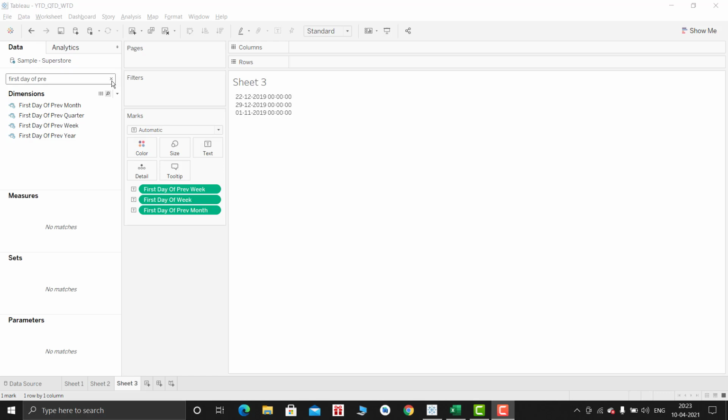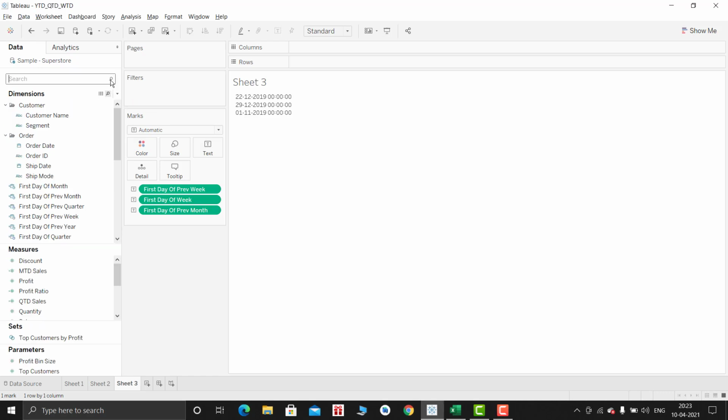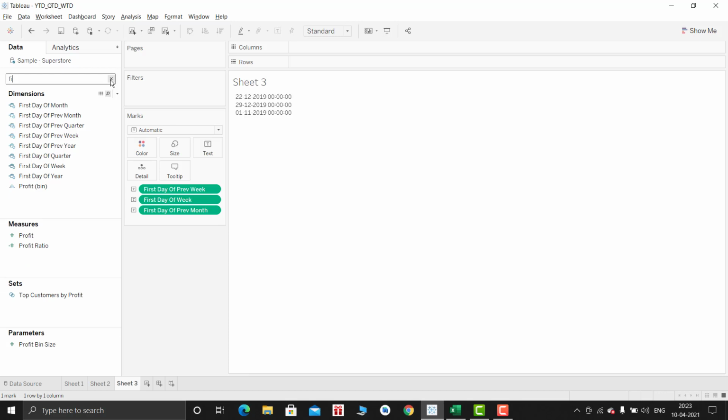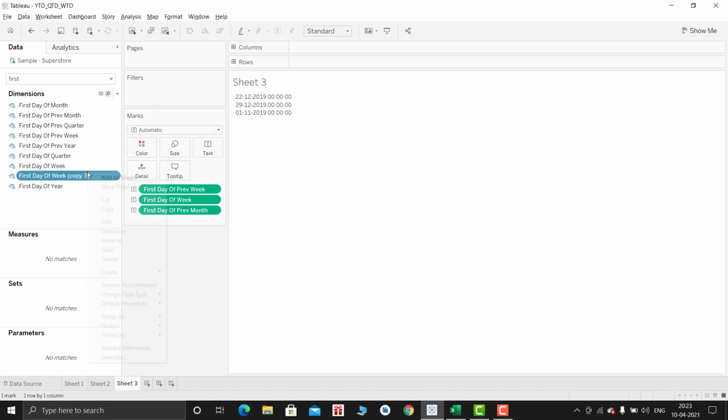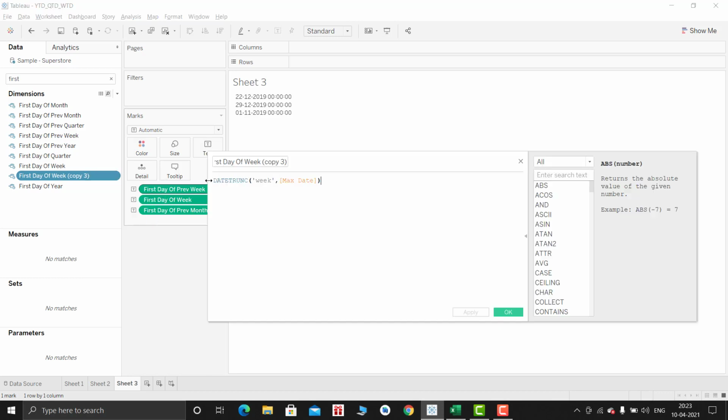Now what we need is the last day of previous month, previous quarter, previous week, and previous year. So let's start with previous week. In order to create the last date of previous week, you need the first day of the current week. So what you need to do is just duplicate it, edit, last day of previous week.